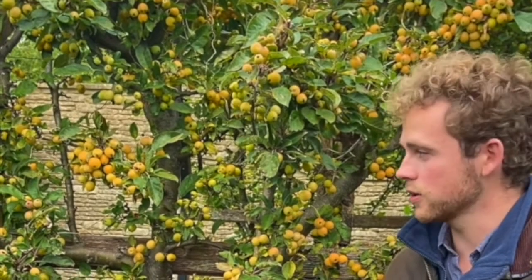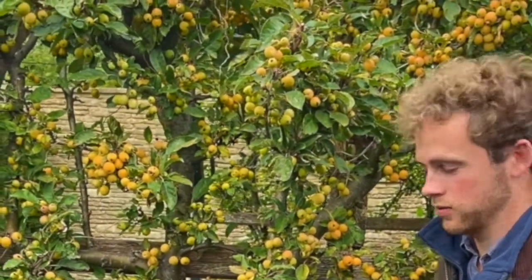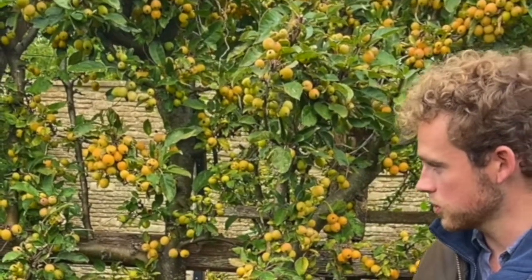Here in the hot garden we have another autumn do-gooder in the form of Malus 'Golden Hornet', which is just starting to yellow up now, but for the next sort of 3 months it will be a riot of golden colour even once the leaves have dropped, which really will showcase this 100-year-old arch which we have at either end of the hot garden. But this is not only looking amazing in autumn, it also provides a really good resource for biodiversity and wildlife, and it also looks spectacular in spring when the tulips coincide with that gorgeous pink